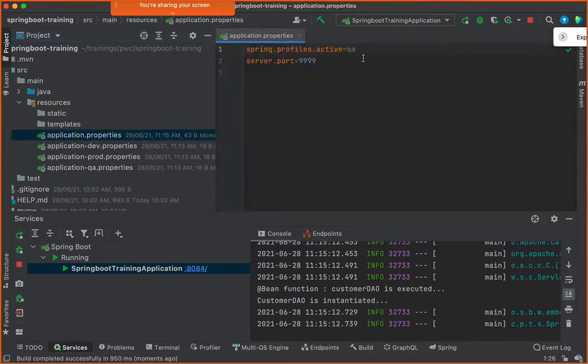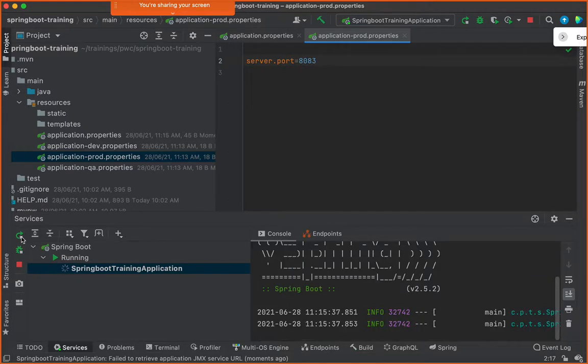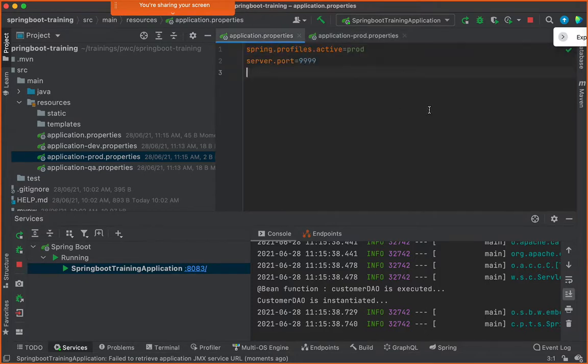And then if I say it is prod, then whatever I have configured in prod, see this? Whatever I have configured in prod, it's 8083, so it will run on 8083. Okay, now my question to you is this. Suppose in the prod I have not configured this at all. I have commented this, I remove it otherwise. I do not have that configured in the prod at all. Now tell me on which port will it run? On which port will it run? Yeah, the default port. Correct, exactly.